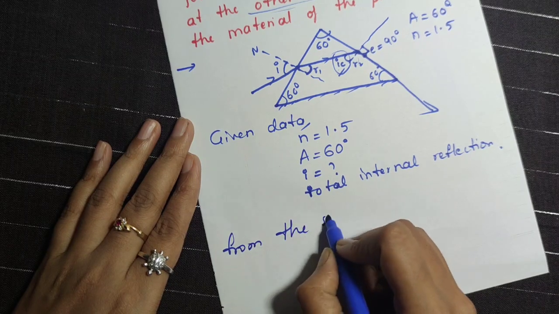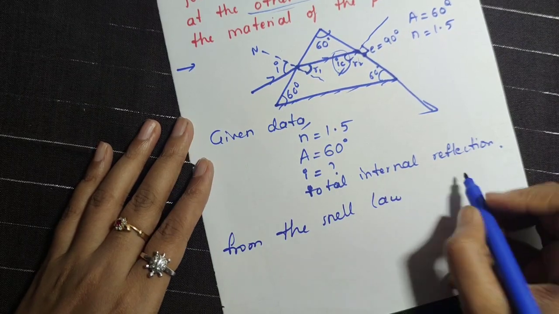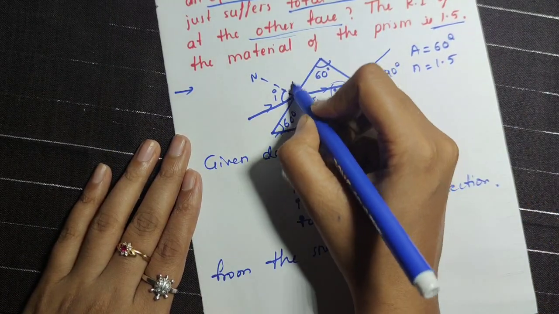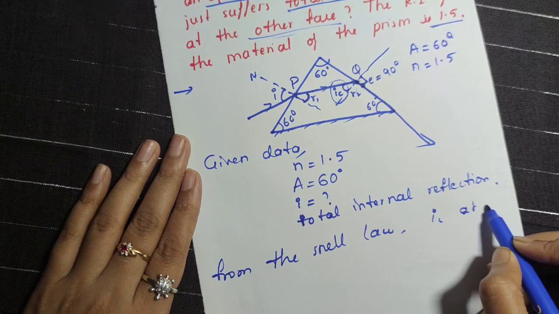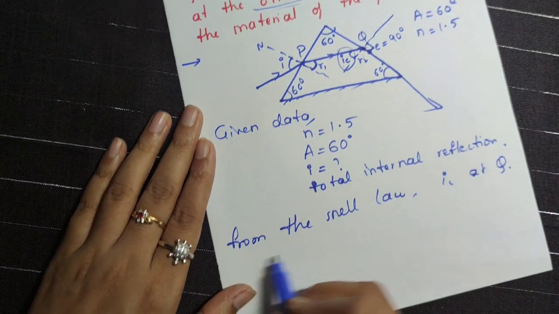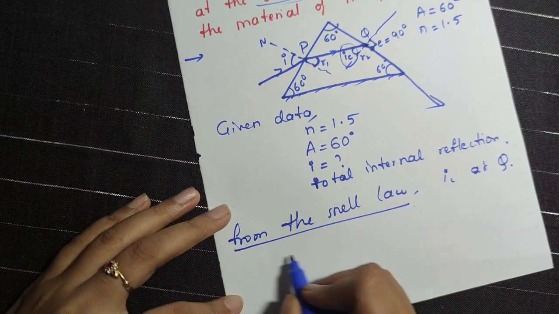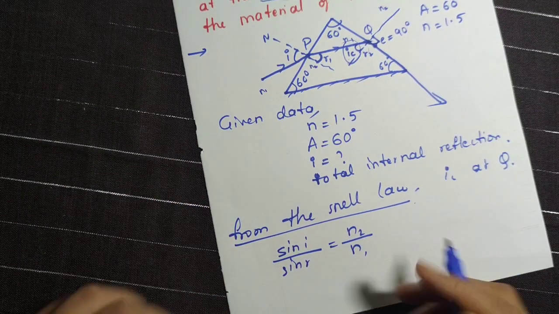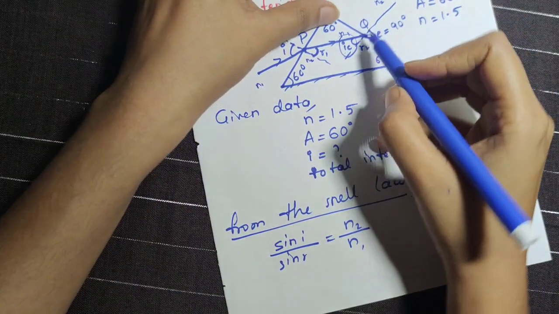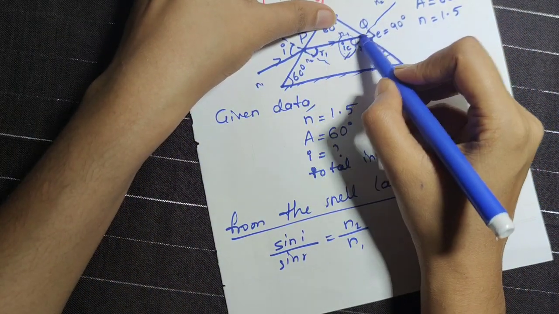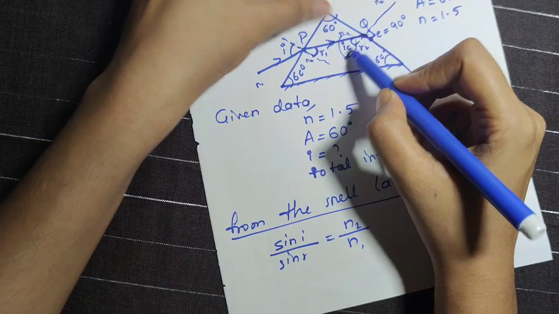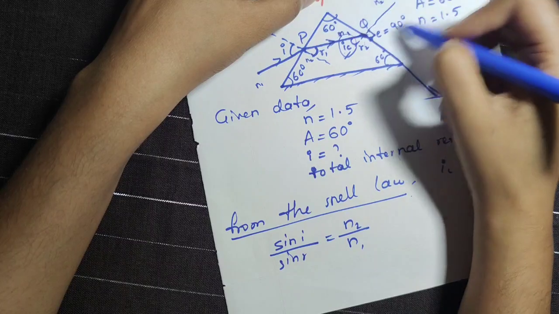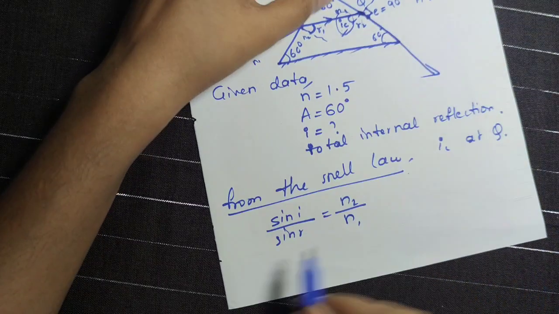So from Snell's law, let us find out the critical angle. Okay, at this point, consider this one as PQ. So at point Q, we have to apply Snell's law, that is sin i by sin r equal to N2 by N1. So here in this case, the light ray is moving in this direction, right? At this interface, N1 will be the prism and N2 medium will be the air medium, right? So apply here,